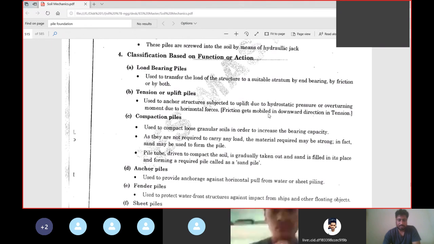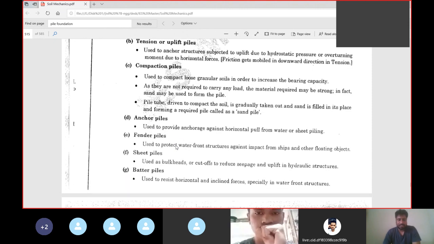In this case, friction gets mobilized in the downward direction. Like in case of friction piles, when you are driving a pile inside the soil mass, the friction of the underlying soil will act in the upward direction. But in case of uplift pile or tension pile, the friction gets mobilized in the downward direction, opposite to the friction piles. Now, compaction piles,